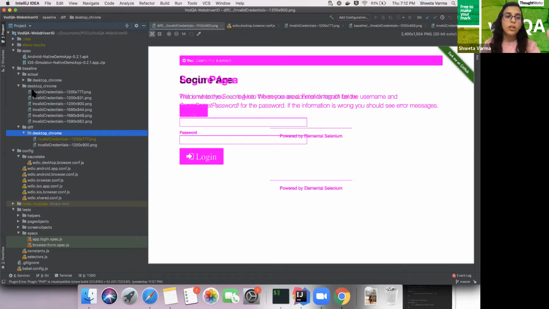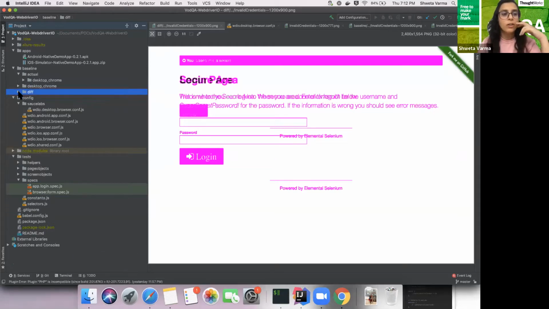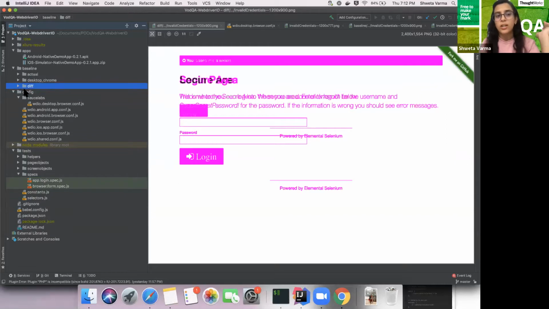And in case you have not given any screenshots, it captures the screenshot for the first time and saves it in the folder you have mentioned. When you run it again, it compares it with the first one which was saved earlier. So no need to worry about the screen sizes if you have different team members using different systems with different configurations. We have got WebdriverIO to worry for all our tensions.